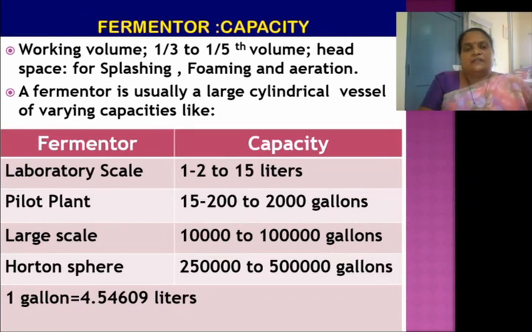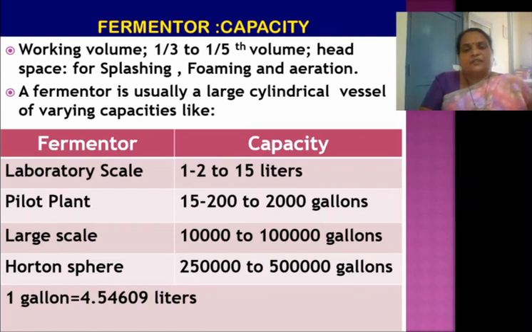Capacity of a fermenter is of two types. We call some volume as total volume of the fermenter and working volume of the fermenter. Total volume of the fermenter indicates the volume of the medium when the fermenter is completely filled. During actual operation the fermenters are never completely filled, but 1/3 to 1/5 head space is maintained, and therefore the fermenters are filled only up to 3/4 maximum. Therefore this head space is maintained for splashing, foaming and aeration of the liquid.